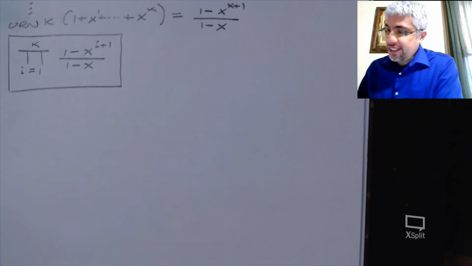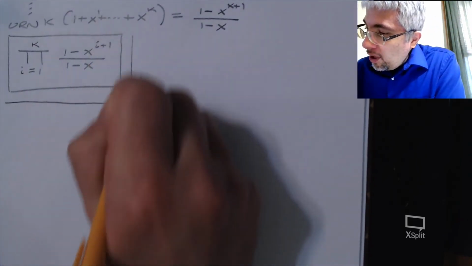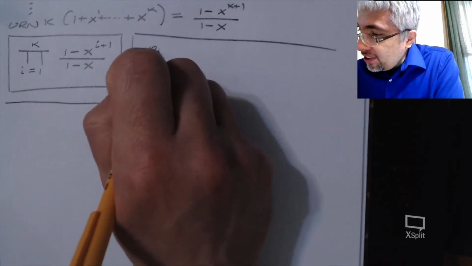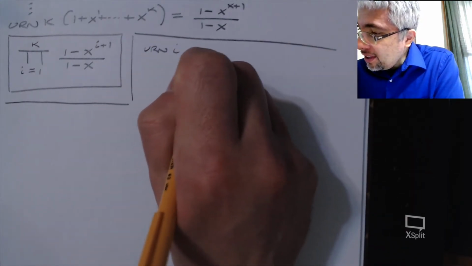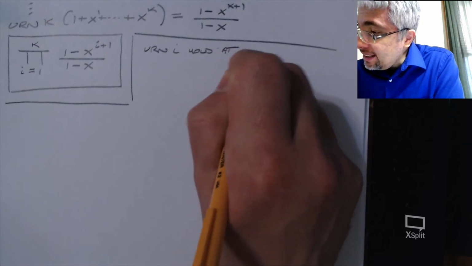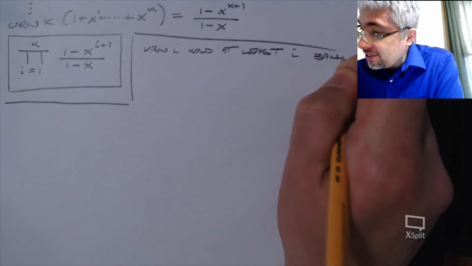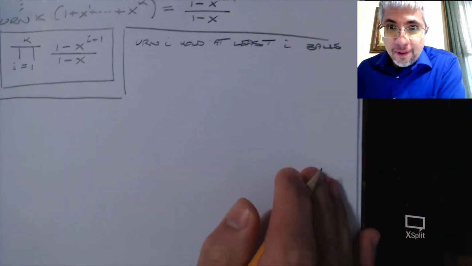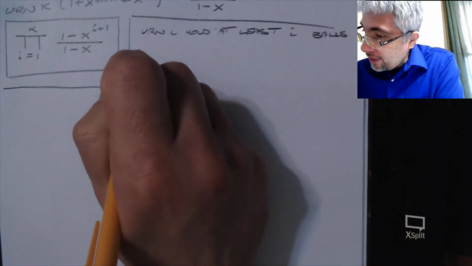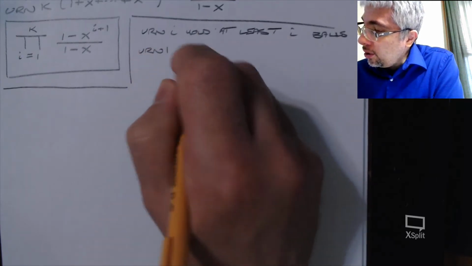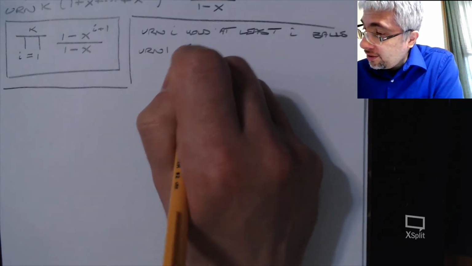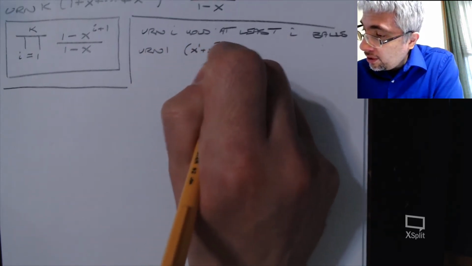Hello, students. So for something different, what if we changed it? So urn i has to hold at least i balls. Okay, so now what would we get? Well, urn 1 would have to hold at least 1, so x to the 1, x squared, x